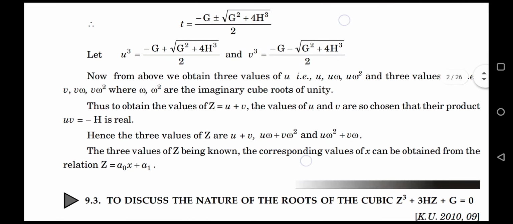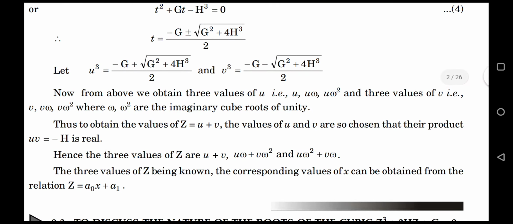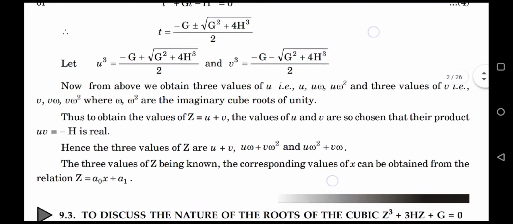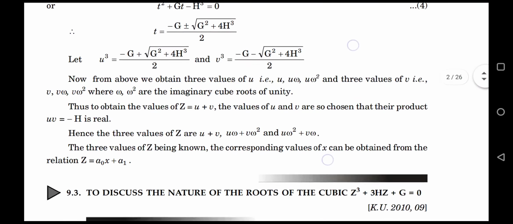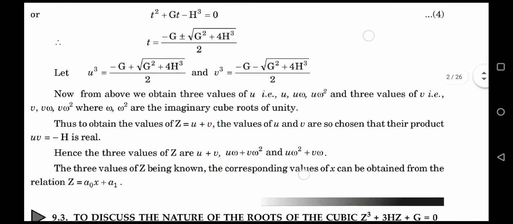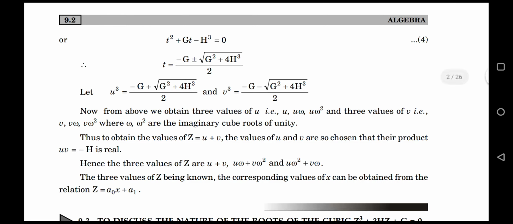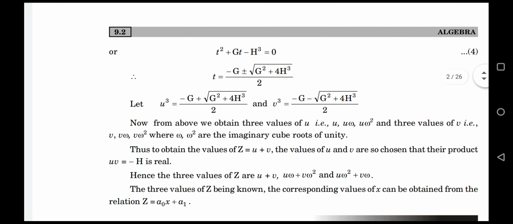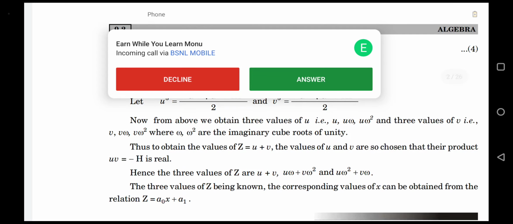Now these cases arise, either u cube or v cube are real or such type, the nature of the roots. Now we discuss the nature of the roots. Here u cube equal to, by quadratic formula for solving a quadratic equation, x equal to minus b plus minus root d upon 2a, where d is the discriminant, b square minus 4ac. By applying this quadratic formula, we get the value of u cube and v cube.